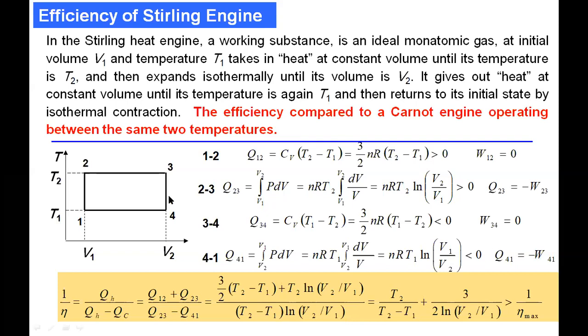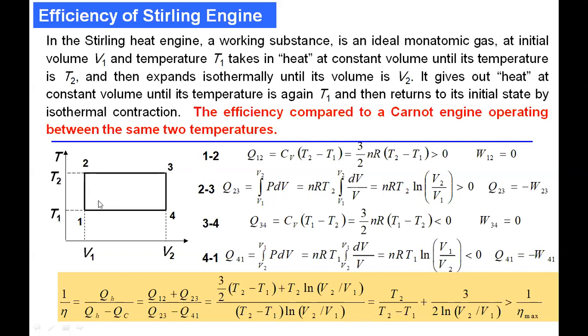Then until the temperature goes to T1 and volume 2, it gives out, in this case, heat at constant volume until its temperature is again T1, and then returns to the initial state by isothermal compression or contraction. So the efficiency compared to a Carnot engine operating between the same two temperatures equals